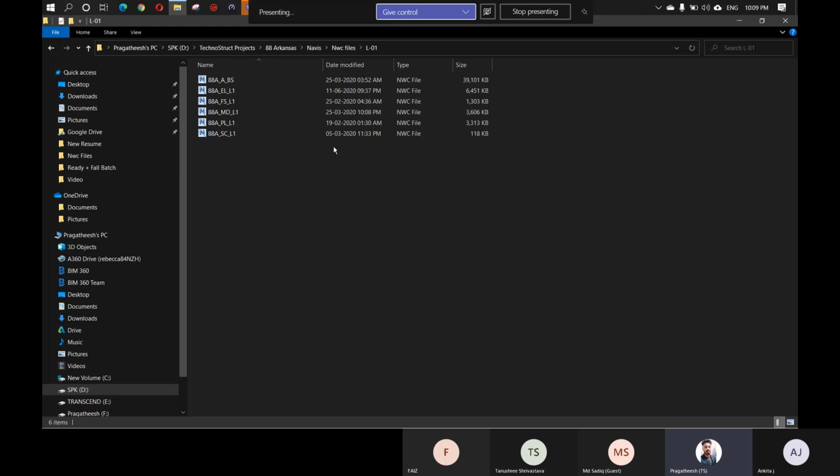Some clashes cannot be solved in Revit. Those kinds of clashes will be solved on the site itself, so we give those clashes approved, which means these clashes are approved and will be rectified on the site. Like this we can create all these things. As you are updating here, these things will be updating here also. You can see the resolved, approved, etcetera. Is this clear?